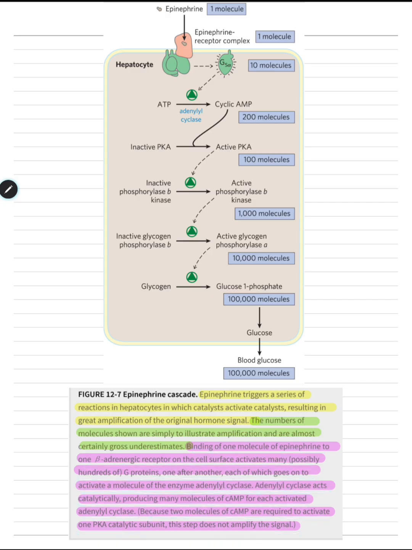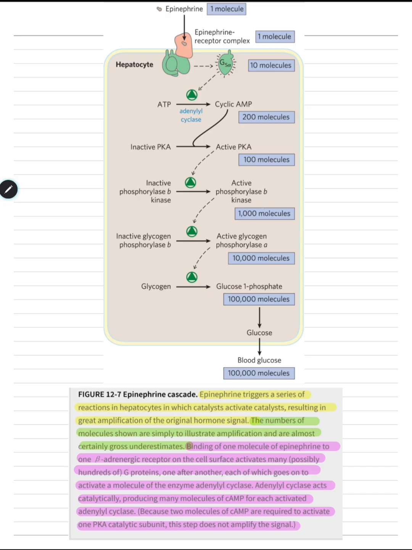So one epinephrine molecule is stimulating several Gs molecules. They are activating a lot more cyclic AMP, leading to almost 20 times more cyclic AMP formation. And those cyclic AMP in turn are activating more protein kinase A molecules. And then protein kinase A is phosphorylating a lot of